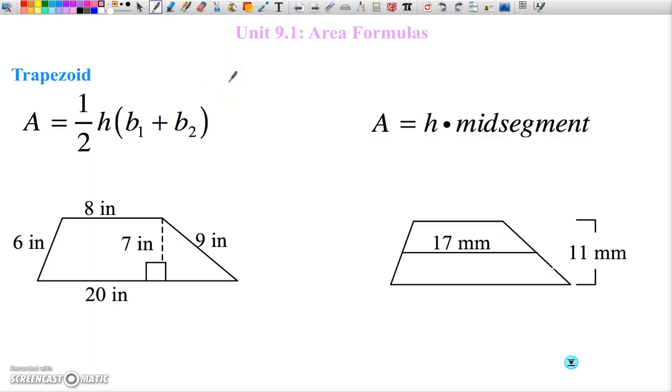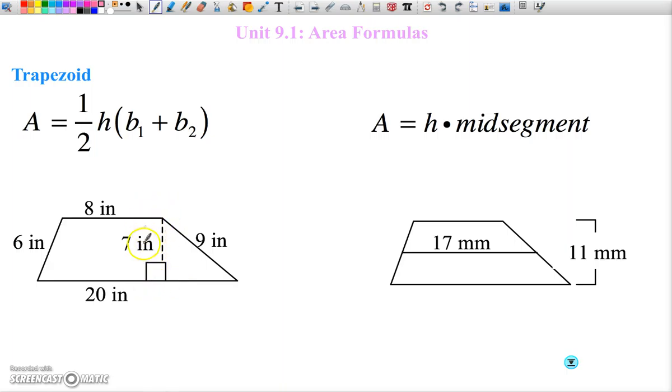Finishing up the last couple of formulas that we had from class that we just didn't get to yet. We have trapezoid, so 1/2 height times base 1 plus base 2, or the height times the mid-segment. So if you have a mid-segment, all you do is multiply that by the height. Now, in something like a trapezoid like this, remembering that your height is your perpendicular, so straight up and down,